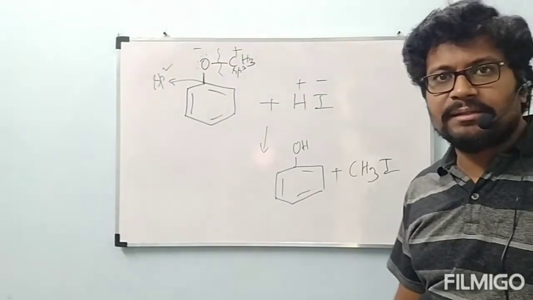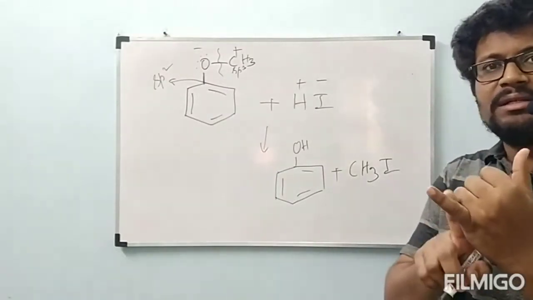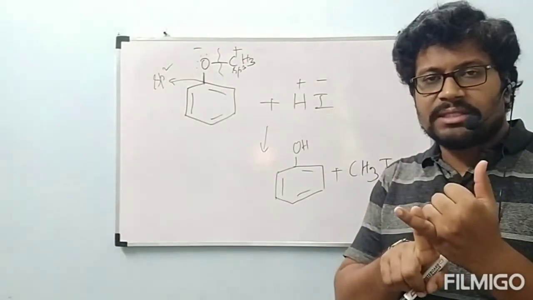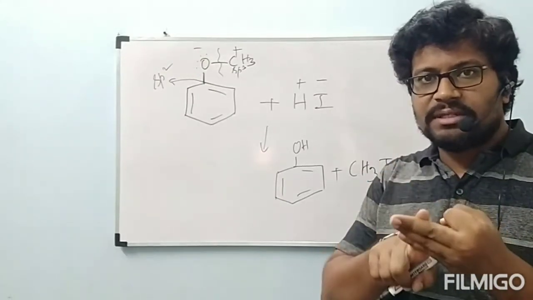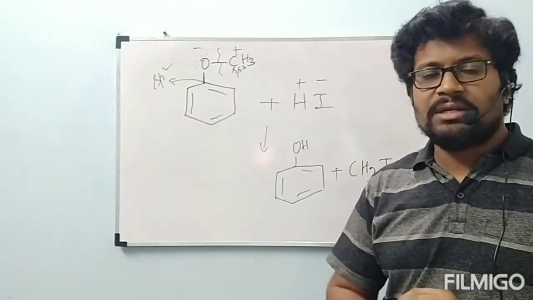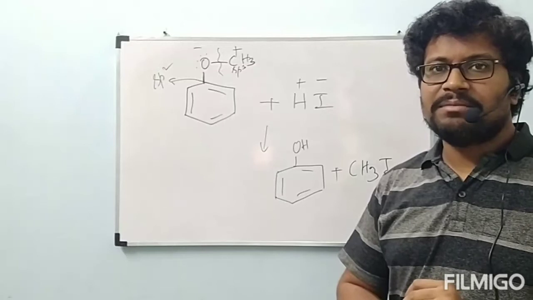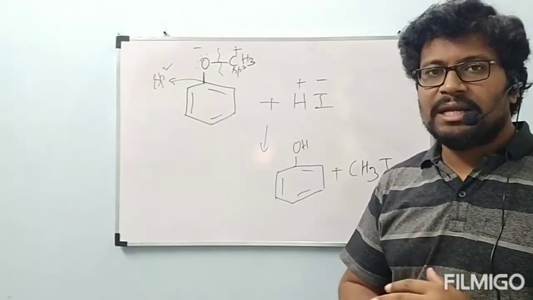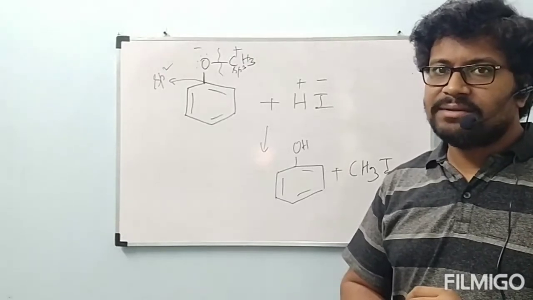This is a chemical property. By this, chemical properties of ethers are completed. Now started with the nomenclature of ethers. Next, classification of ethers. After that, preparations of ethers. We have two preparations of ethers. Those are, one is Williamson synthesis and another one is intermolecular dehydration of alcohols. Okay, in yesterday's class we have seen these things.